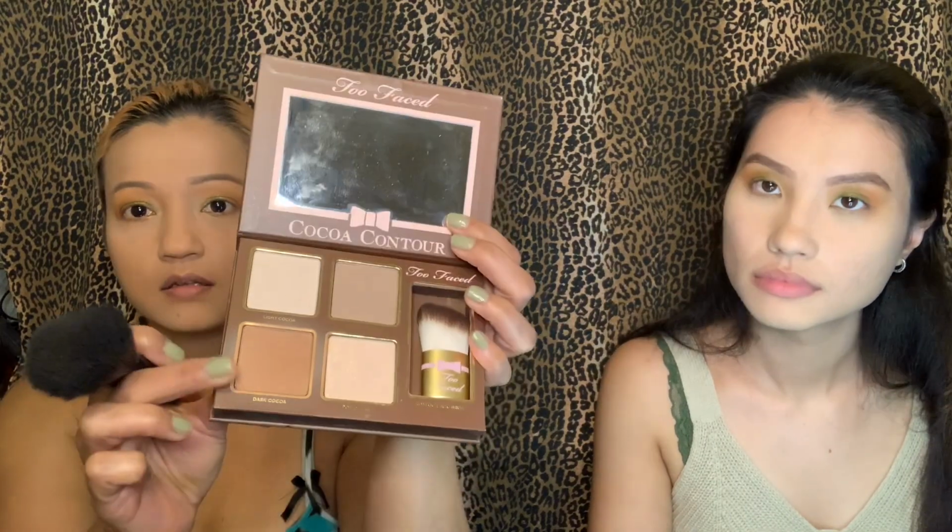Don't worry if you look super white like a ghost. Yep, we're gonna add some life back into your face by using the bronzer. Okay, next one, we're using the big brush, super fluffy one, like this. We're gonna use the bronzer. Next, we're going in with the bronzer, so I'm gonna use the Too Faced contour palette, and with this shade,